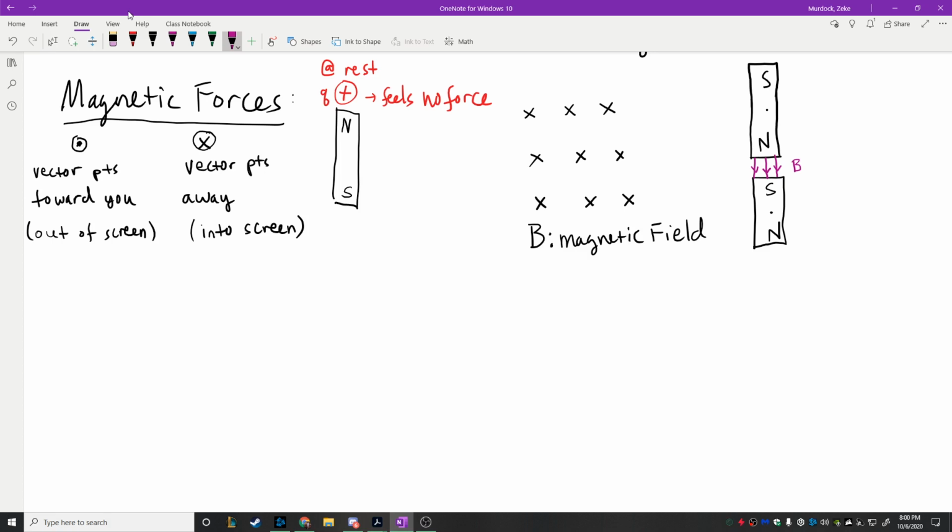Okay? So imagine that above my screen, I have the north end of a magnet kind of right here, and then behind my screen, I have the south end of a magnet. Then I'm going to get a magnetic field that points into the page like this. Does that make sense? So, given a magnetic field like this, I just said that if I take a charged particle and I put it at rest near this magnetic field, it's going to feel no force. However, if I take a charged particle,